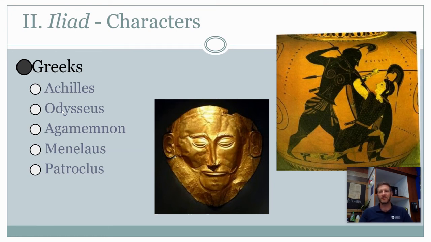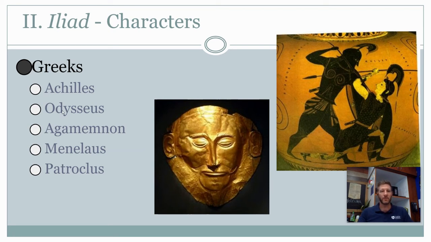And that really is kind of the central theme of the Iliad, which is Achilles and his rage, and how it furthers and exacerbates the suffering of both the Greeks and the Trojans in this terrible 10-year war. It's actually supposed to be a 10-year war, and the Iliad takes place just kind of right in the middle of that. I won't get into the other characters other than to say that Menelaus is the husband of